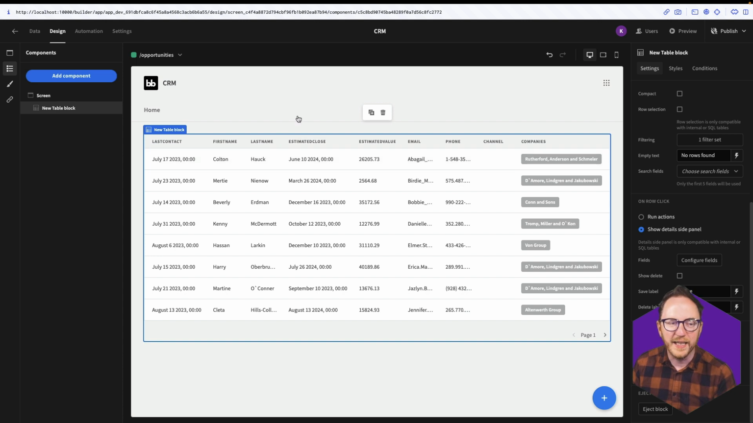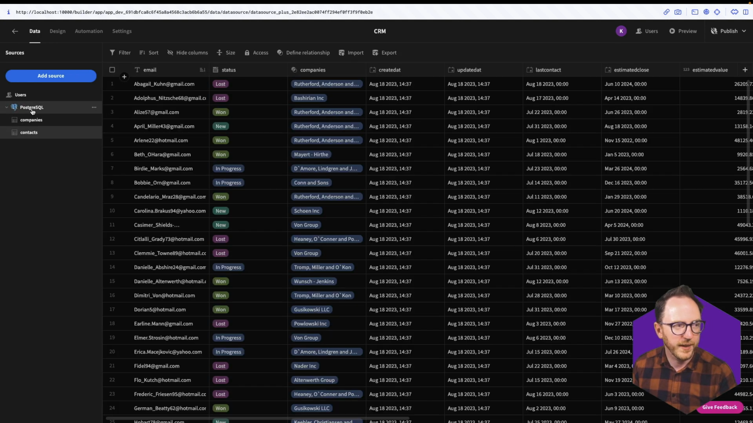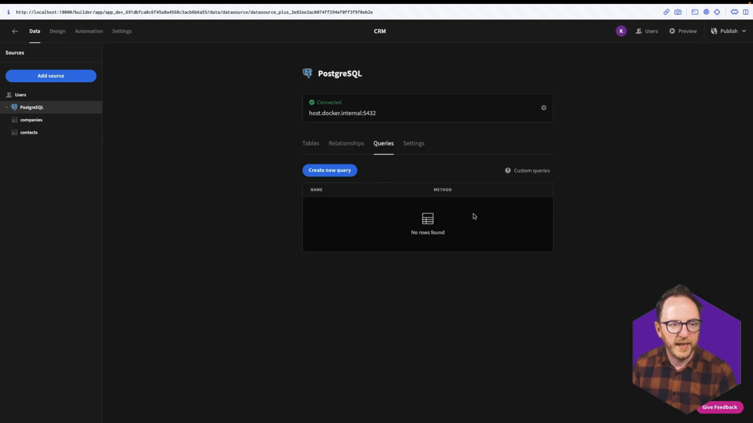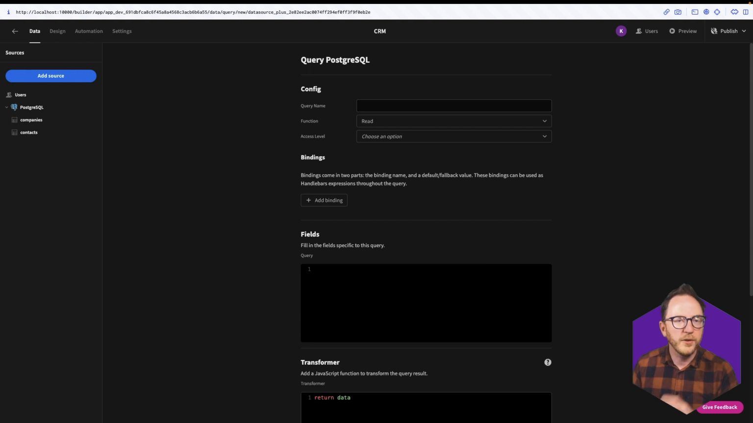So what I would like is the total estimated value, so adding together all the estimated values. I'd like the average estimated value, and I'd also like to know how many of these people I've talked to in the last 7 days, well, me or my team have talked to in the last 7 days. To be able to get that information, I'm going to need to create a custom query. So go to Data, into Postgres, and I'm going to create a new query. I'm going to create that as 2 separate queries. I'll do the average and